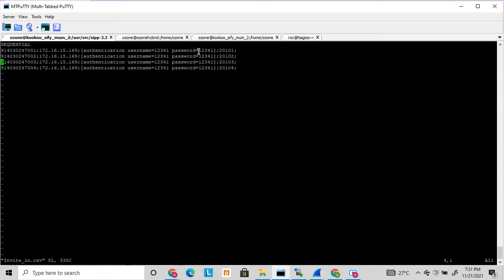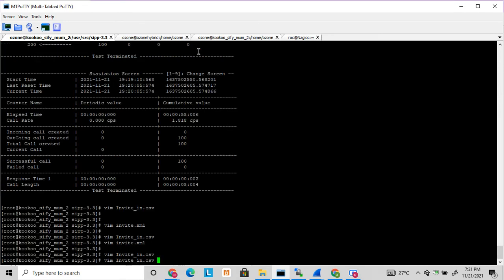Let's see how to start CP with this CSV file. Here is the command, friends. Here hyphen inf is used to read the values from a file. It will inject this CSV into this call flow. So in invite.xml, field 0 and field 3 will be replaced with values read from the CSV file. This is how it works. The inf option defines the CSV file name.